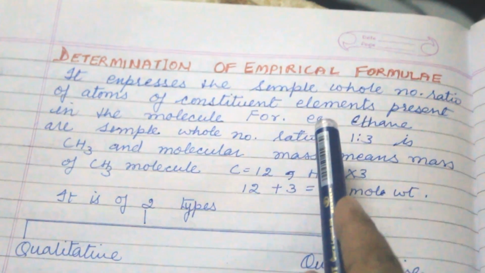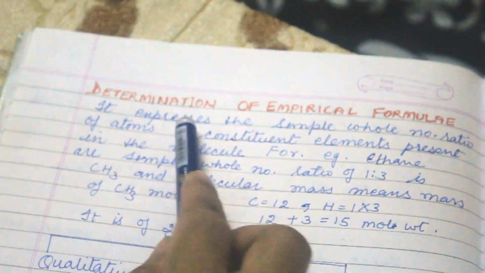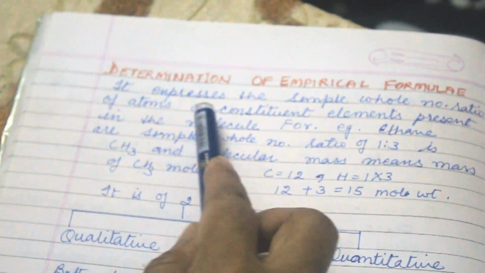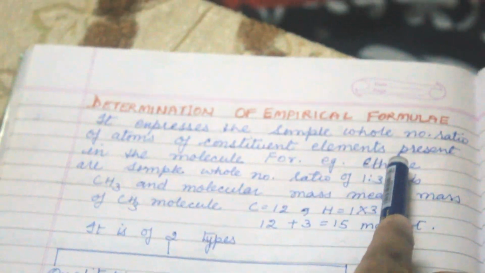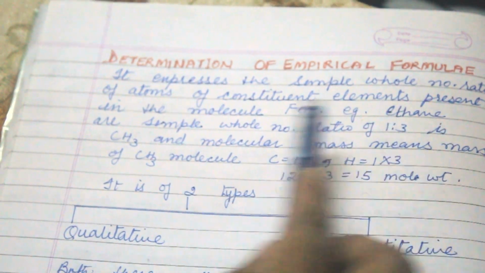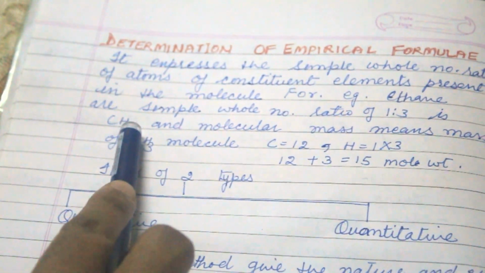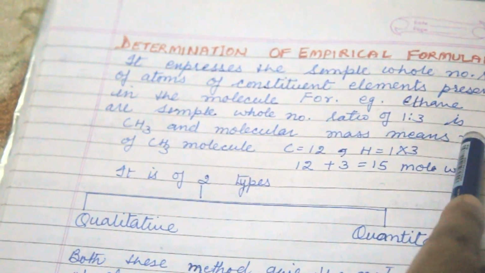Students, today my topic is determination of empirical formula. It expresses the simple whole number ratio of atoms of constituent elements present in the molecule. For example, ethane, where the simple whole number ratio is 1:3, is CH3. If the ratio is 1:3, then the formula is CH3 according to the empirical formula, and the molecular mass is